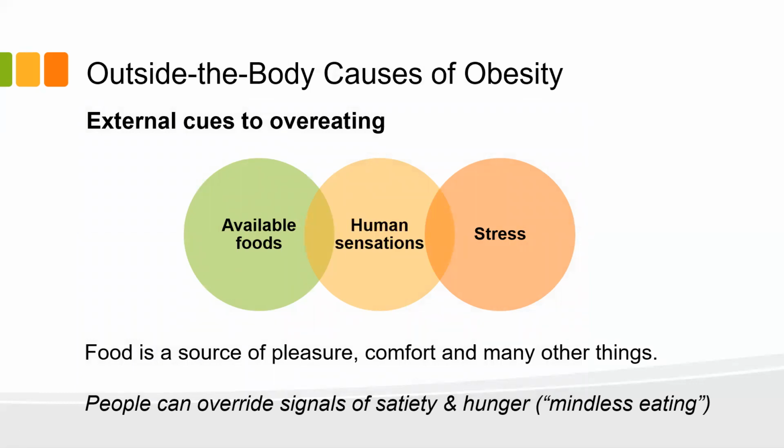Let's talk about external cues for a minute, to overeating. We talked about all of those. All of these things are intertwined, right? We've got availability of foods, right? So there are lots of studies that show when things are cheaper, people buy more of it. Studies done with vegetables. There was a study done, I can't remember where this was, and they subsidized the produce in a grocery store to see what would happen when they dropped the prices a significant amount. And no kidding, people bought more carrots and broccoli and all those kinds of things.